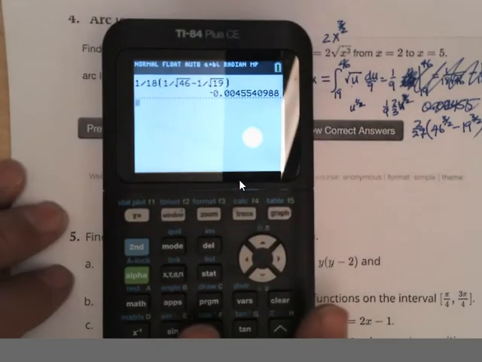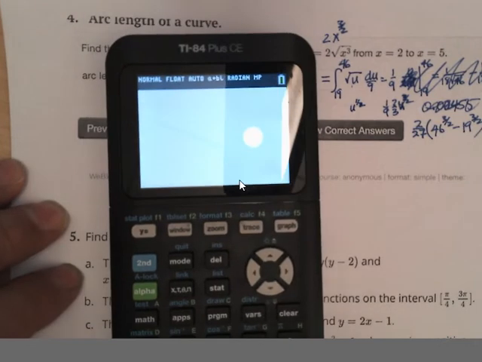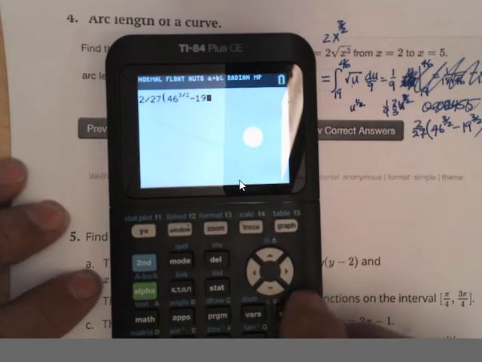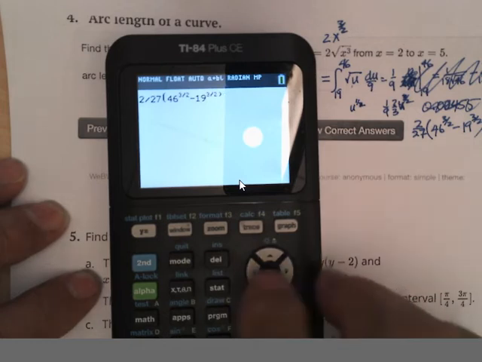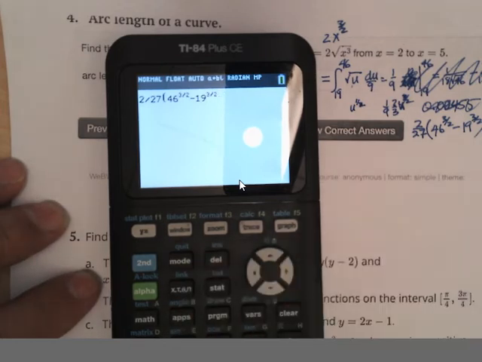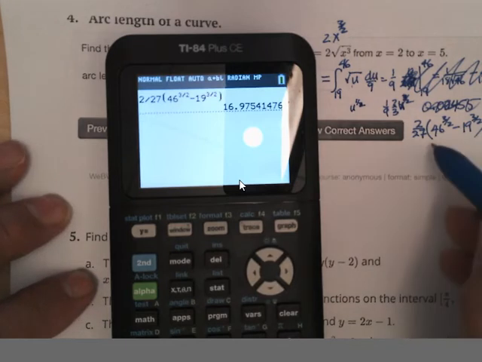Okay, let's do this again. Clear that. 2 divided by 27, parenthesis, 46 to the 3 divided by 2, minus 19 to the 3 divided by 2, parenthesis. And that is the correct answer,